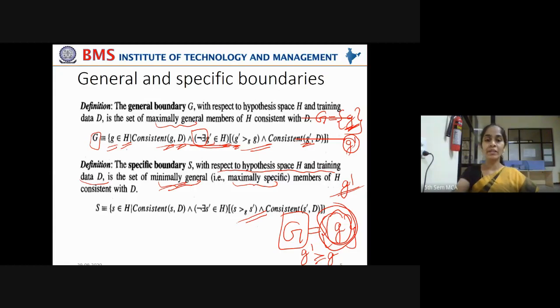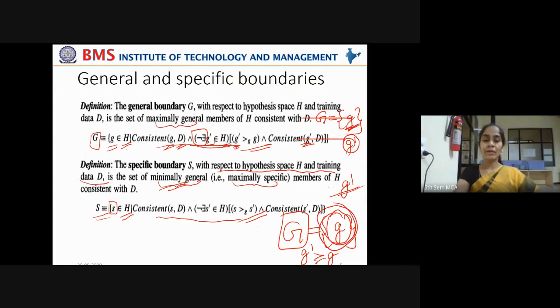Now, how can you understand it in the mathematical form? It is very easy. You very well understood this general boundary G representation. It's like a cakewalk for you to understand this specific boundary S definition. See this clearly. S, the specific boundary set, is defined as the set of all specific hypotheses S belonging to the hypothesis space. Whenever I say belonging to the hypothesis space, it contains all valid hypotheses, remember. But from that, you are taking whichever applies to your training set.